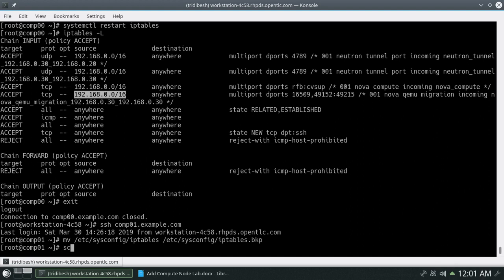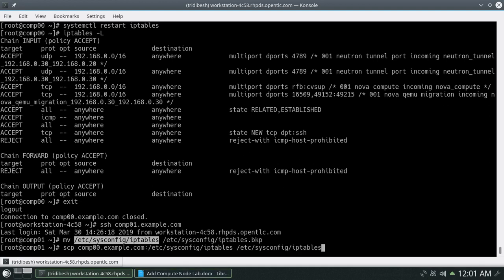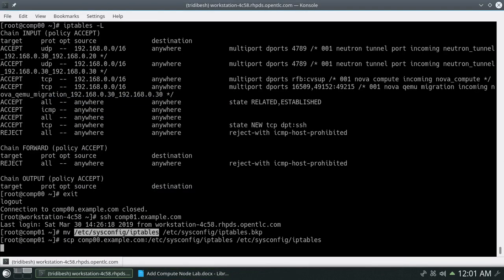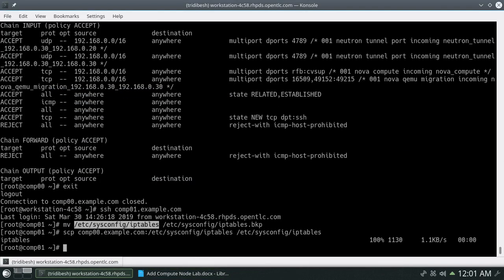Now we will be copying this file from the other compute node and pasting it here. It's been copied. In your case you may not have passwordless login authentication enabled, so in that situation you need to provide the password.